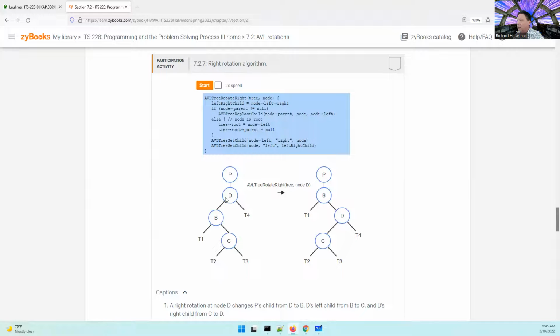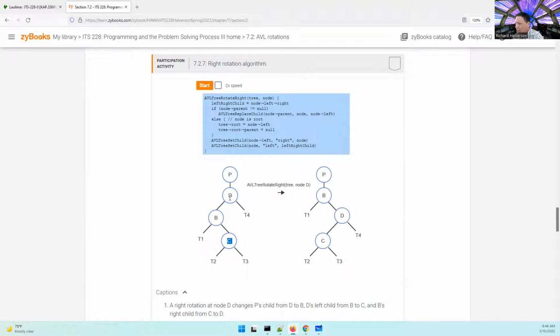No, so B is going to take D's place, and D will become the right child of B, and we see that, but B has got a right child, so D